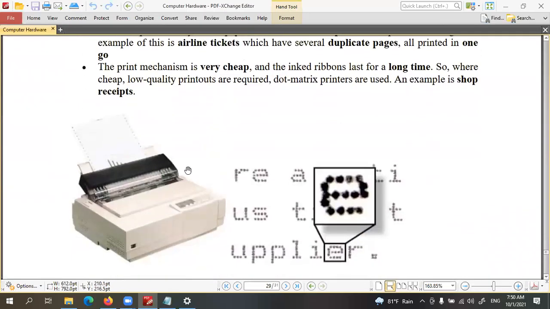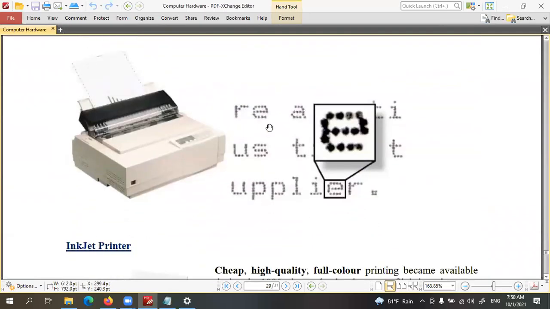So these printers are normally used to print invoices. And you can see the output of this one: it will print the characters as dots. Again, this generates heavy noise.